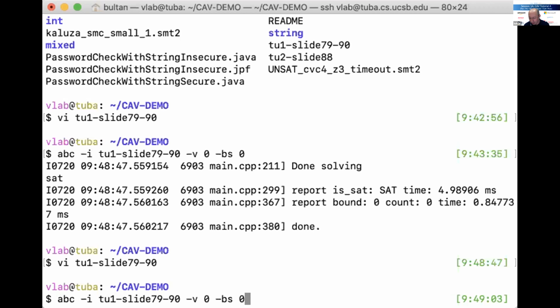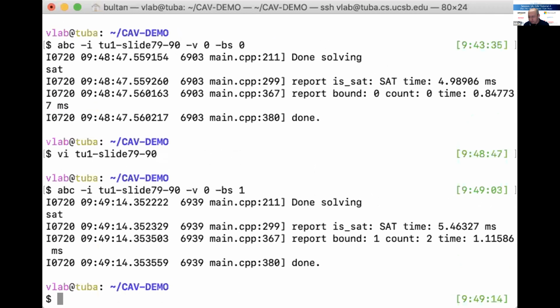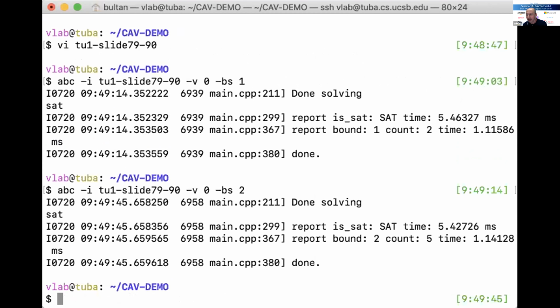So now this is the bound variable. I'm going to make it 1. So no solutions of string length 0, and 2 solutions for length 1. So its count is 2 there. And now I can do how many solutions up to length 2. Length 2 had 3 solutions, but this is doing up to 2, so it's going to count the number of solutions for length 0, 1, and 2. And it will give us 5 because it's now 2 plus 3.